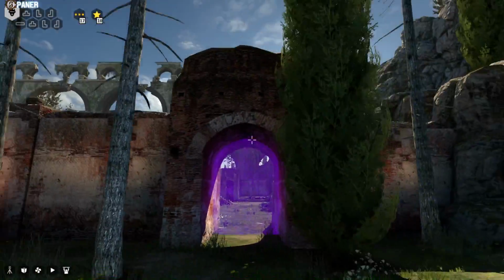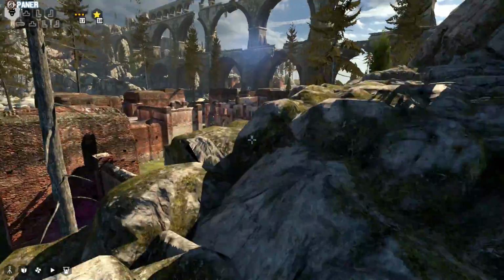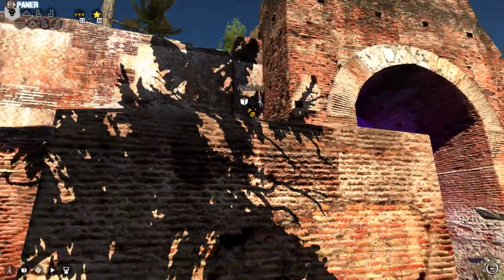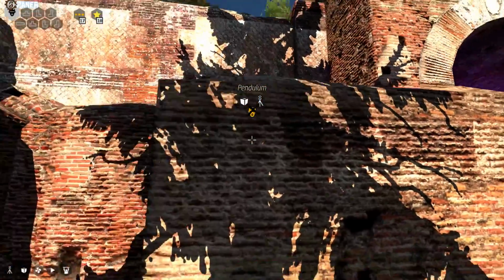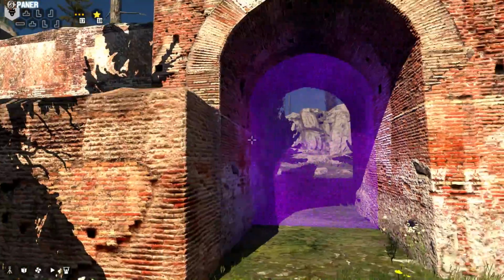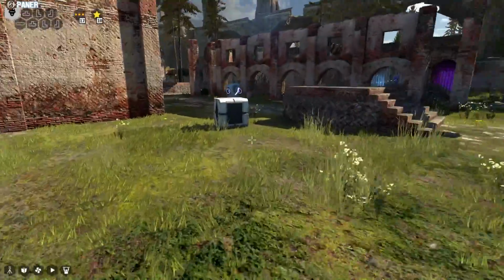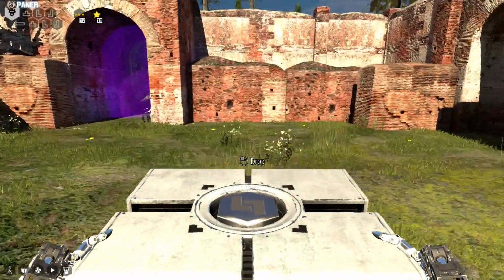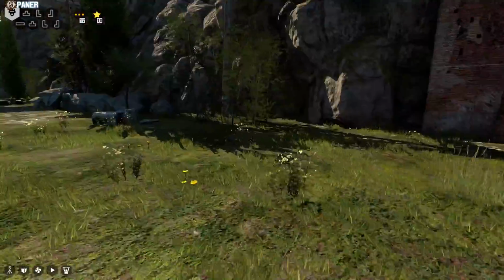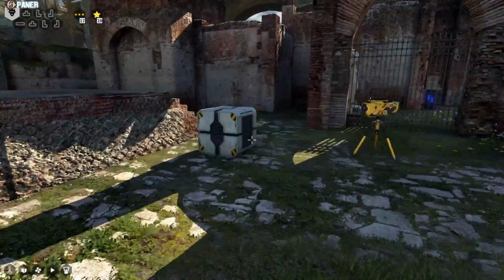So if we take this exit here, we can actually climb on top of this wall. I overshot it this time, but you can actually go on top of this wall. So what does that accomplish? Well, more than I originally thought. If you place, maybe a little bit closer, if you stack the boxes,